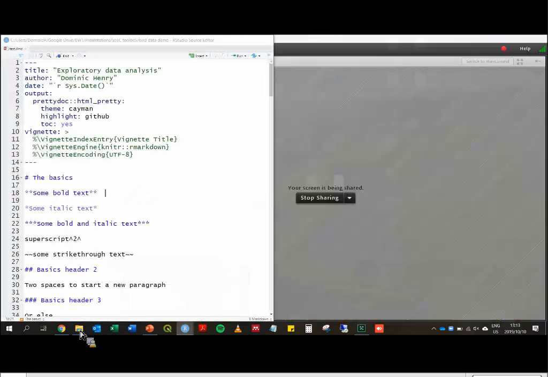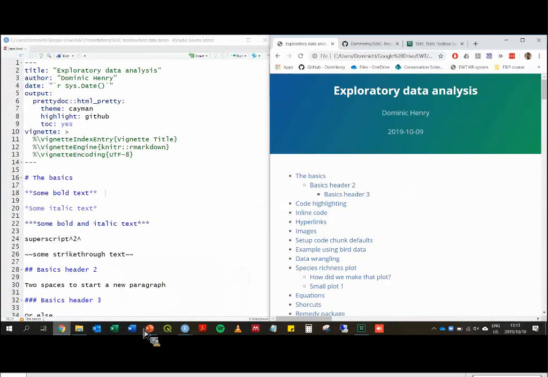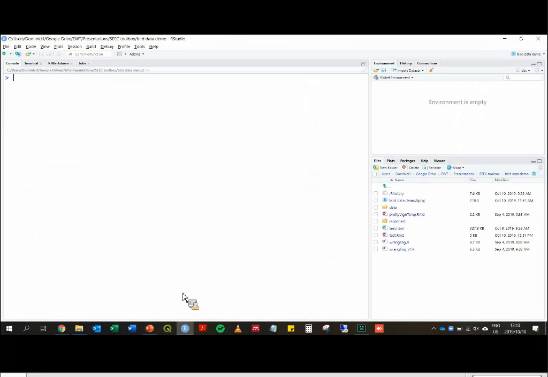Okay, so let's do that. Actually, I think I'm going to start with something before this. The VGA hasn't rendered that well, but hopefully it'll look better when I make things bigger. So if you've just opened RStudio and you want to start with your first Markdown document,